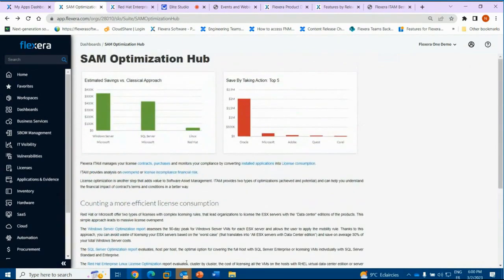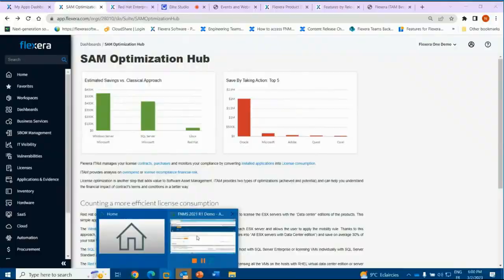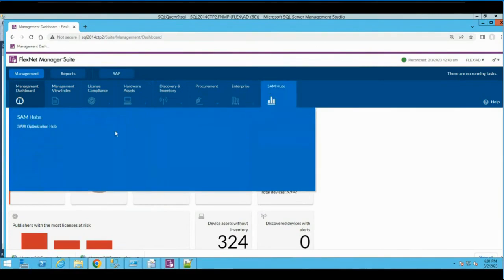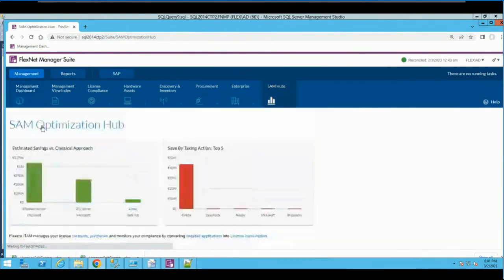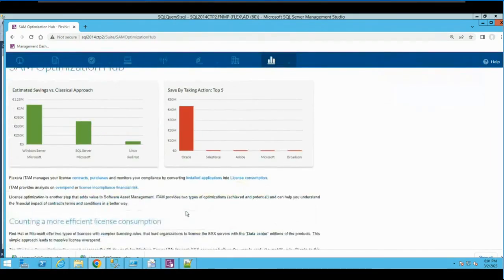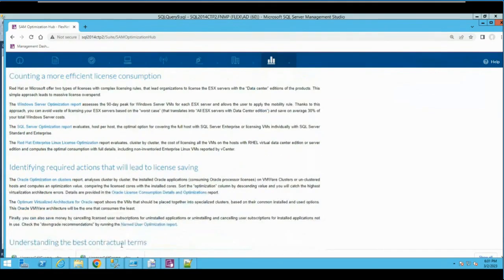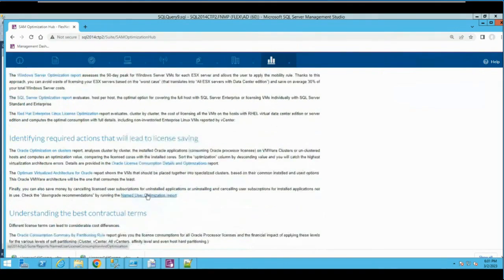The last one I wanted to show, a little bit over time, let's go back to the optimization hub. Here, we are not using the logarithmic scale, so you see the pain that Oracle was always messing up, the views. If I want to drill down, maybe it's easier to drill down from the text, but now it's fixed. So if I go to the named user optimization report,